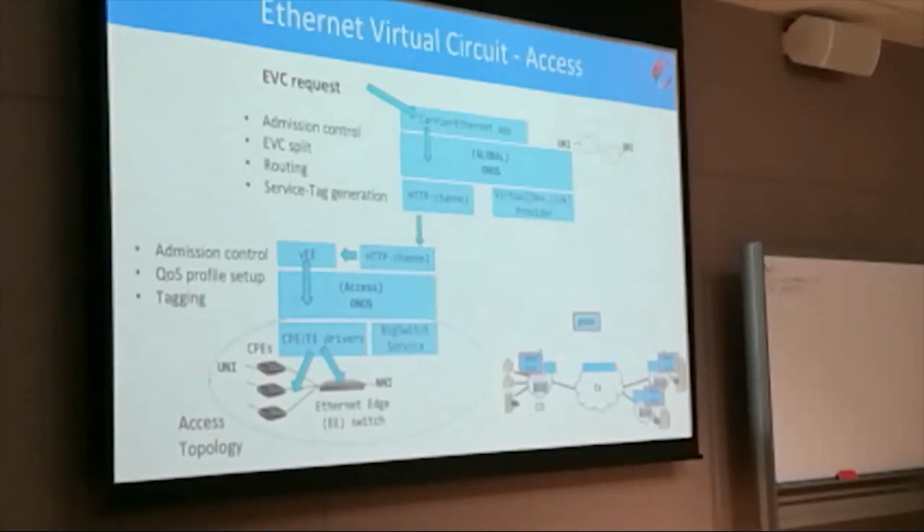You need an east-west interface to communicate between service providers. But there come the policy issues, more than technology issues. So yes, this is designed for a single provider